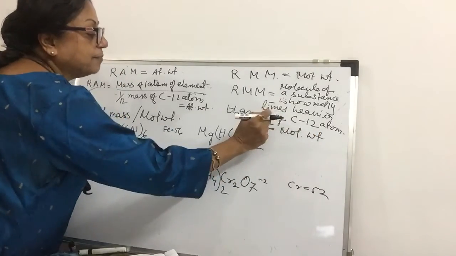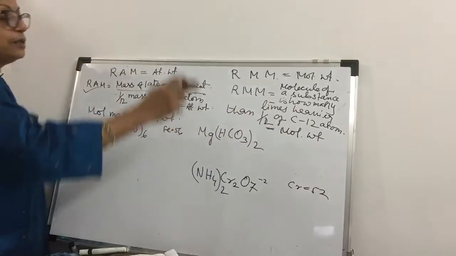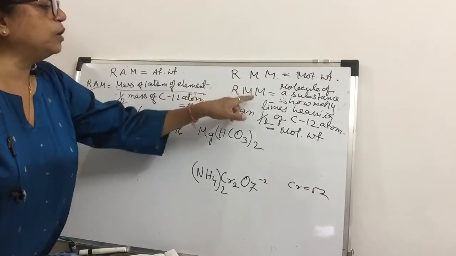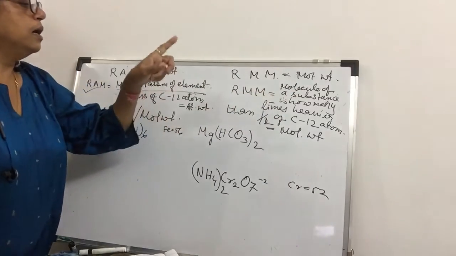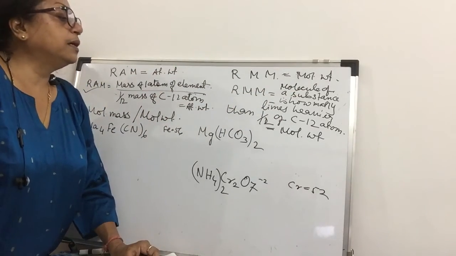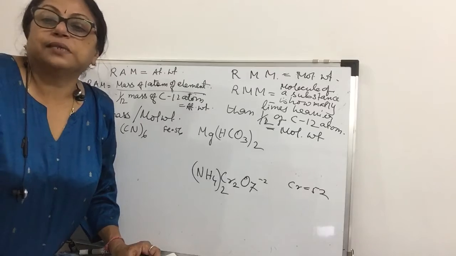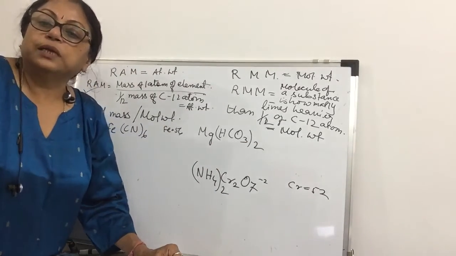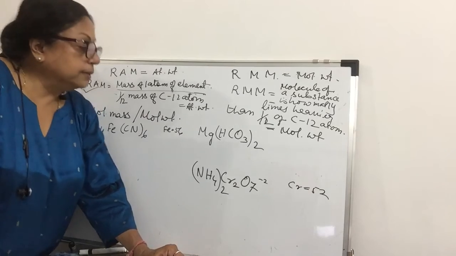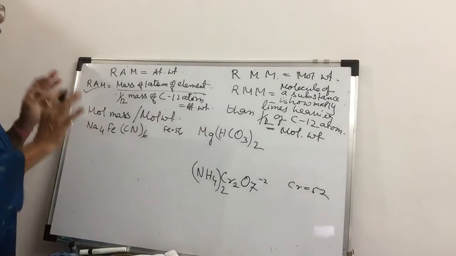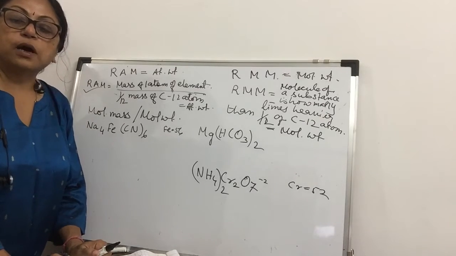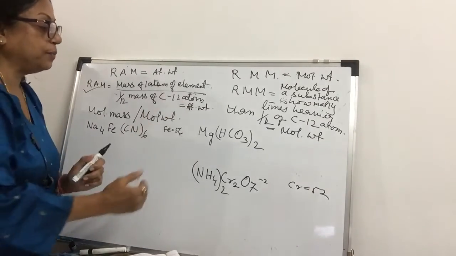Here again the same thing, 1 by 12 into 12 is 12, 12 we cancel it, 1 remains. So relative molecular mass is how many times heavier the molecule of a substance is. Earlier they used to compare with hydrogen, but now they do it with carbon. That is a comparison. Just learn the definitions because that is the way we start.